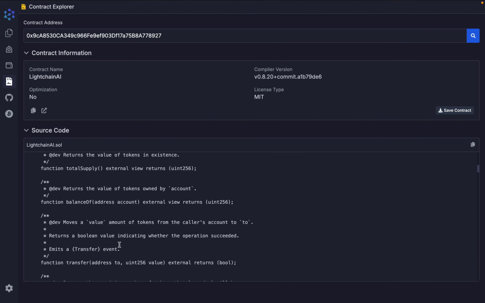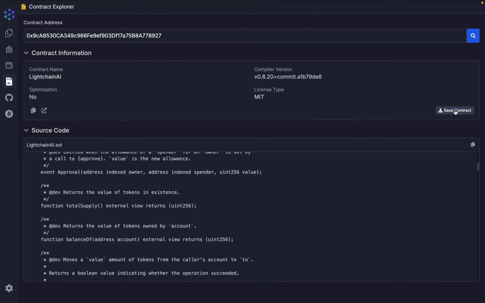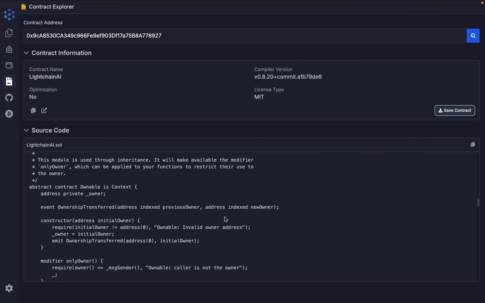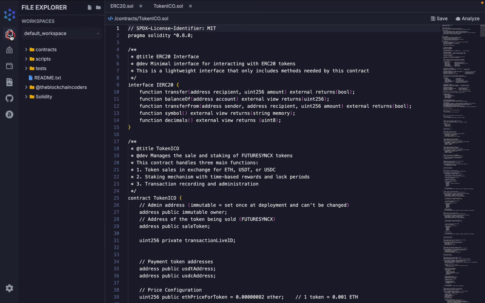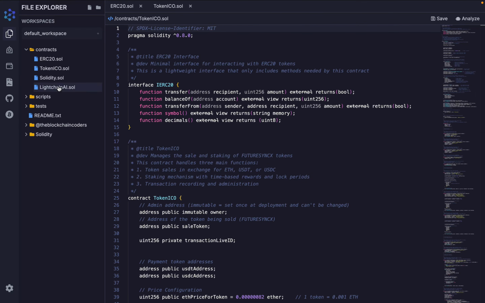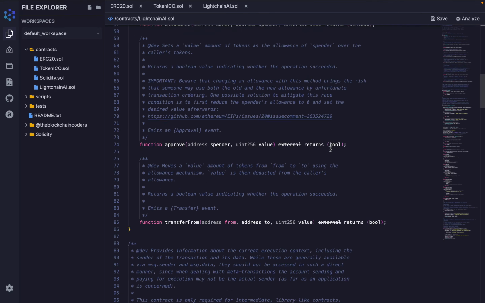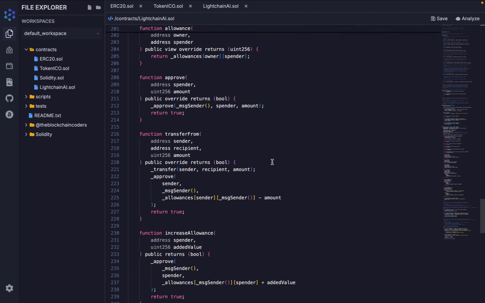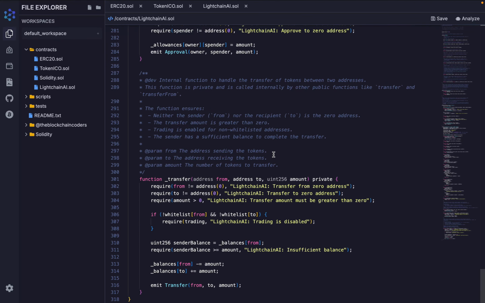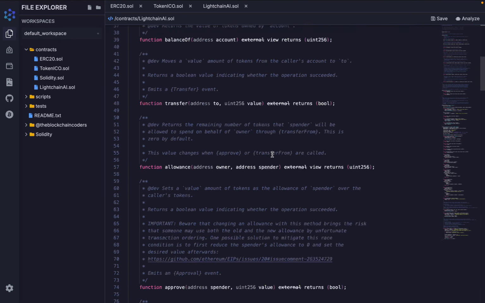If you want to save it in your project, you can simply click on save and click on OK. The project is saved in your code editor. You can come back here in the file section, and if you click on this contract, you will find that the project is saved. You can click here and find the complete smart contract right up here, and you are able to do the editing. You can rewrite it and try to analyze it,